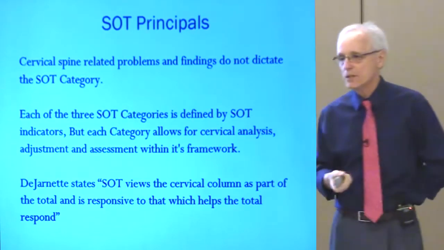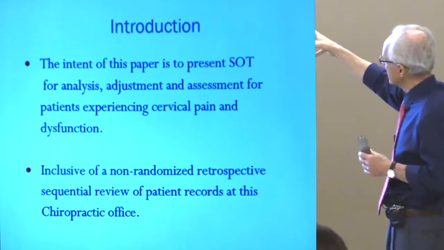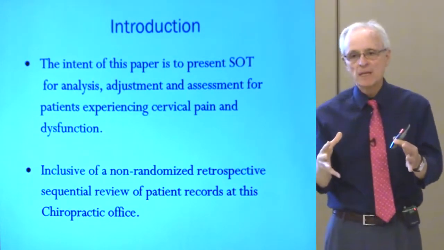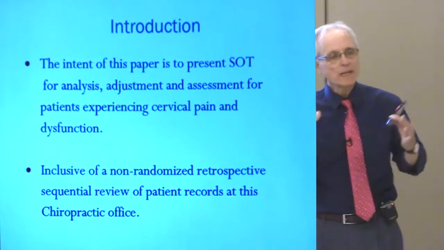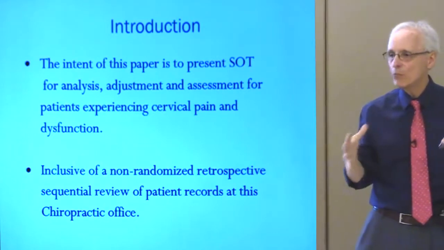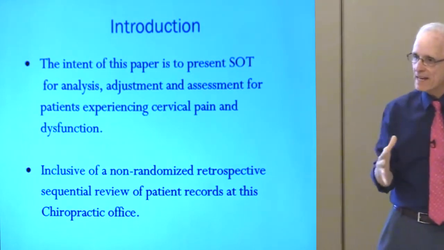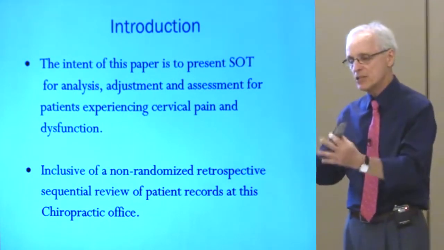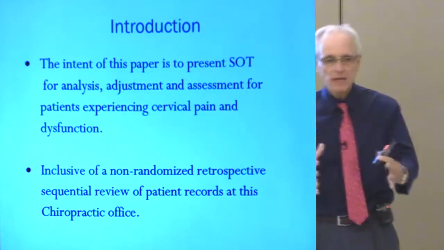So if I was asked for analysis, adjustment, and assessment, and I emphasize that word assessment, we can assess the cervical problem well enough that in the initial visit, we can give the patient an idea of what their expectations should be, okay? And at the same time, be able to assess them at each adjustment and monitor it, and make sure that we're